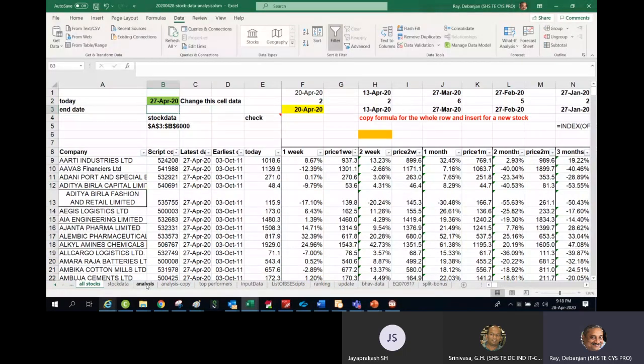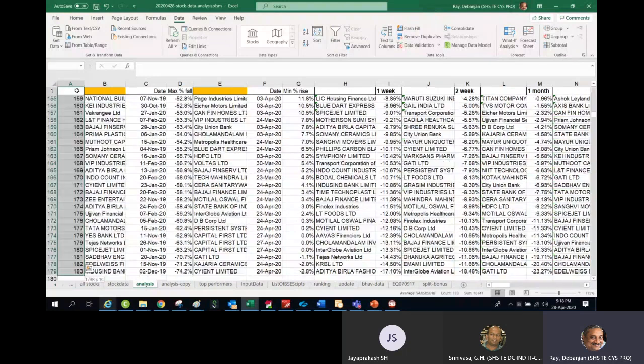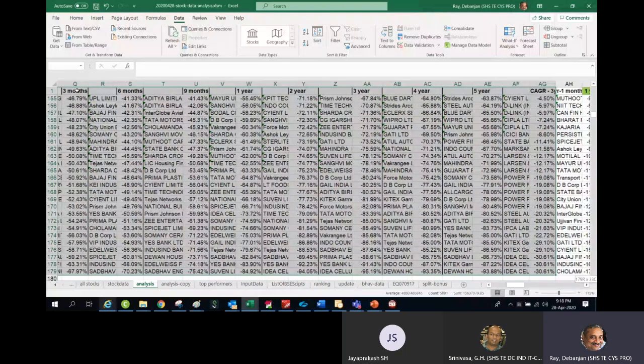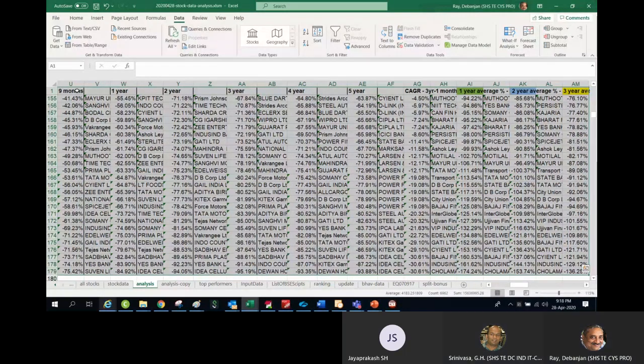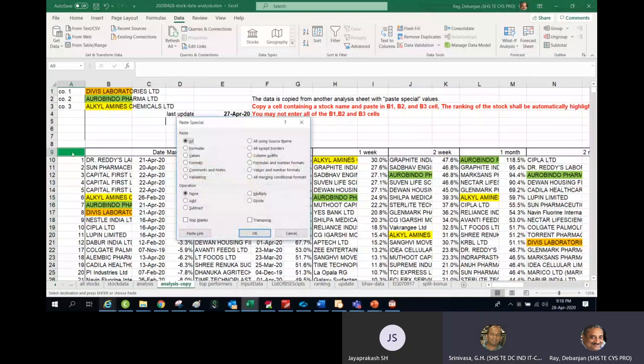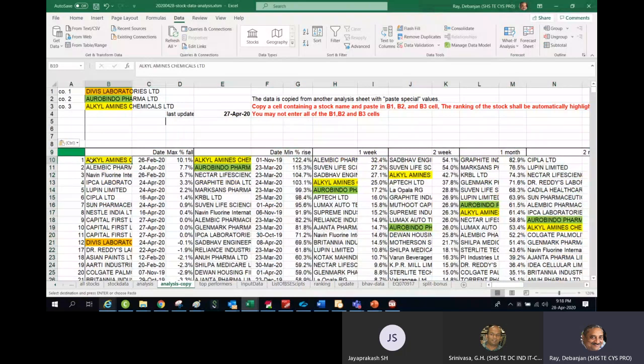I will go to the analysis sheet, and I have to copy this whole sheet of data. I'll use Control C. I will go here, select this green cell, and press Control Alt V, because I want to paste the values. Or else I can show it from the mouse, but here Control Alt V, and this job is done. Now you can see the relative values.